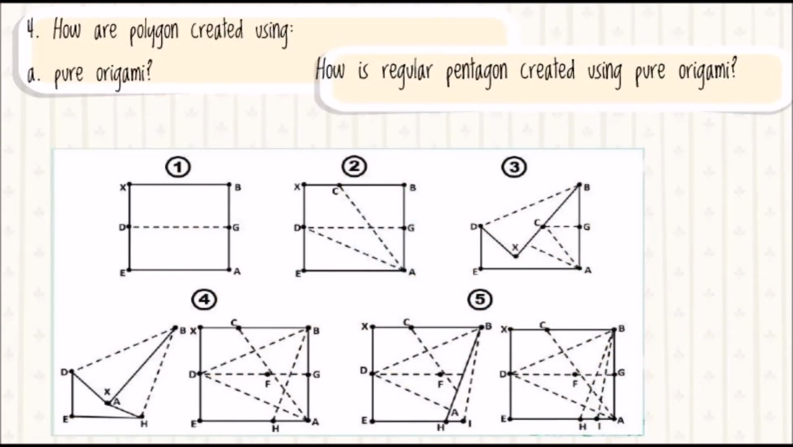To answer the question on how we are going to construct polygons using both methods, we are going to construct a regular pentagon and a regular hexagon using pure origami, and the regular hexagon using Euclidean construction. To construct a regular pentagon using pure origami, the first step will be to fold the square paper in half, creating